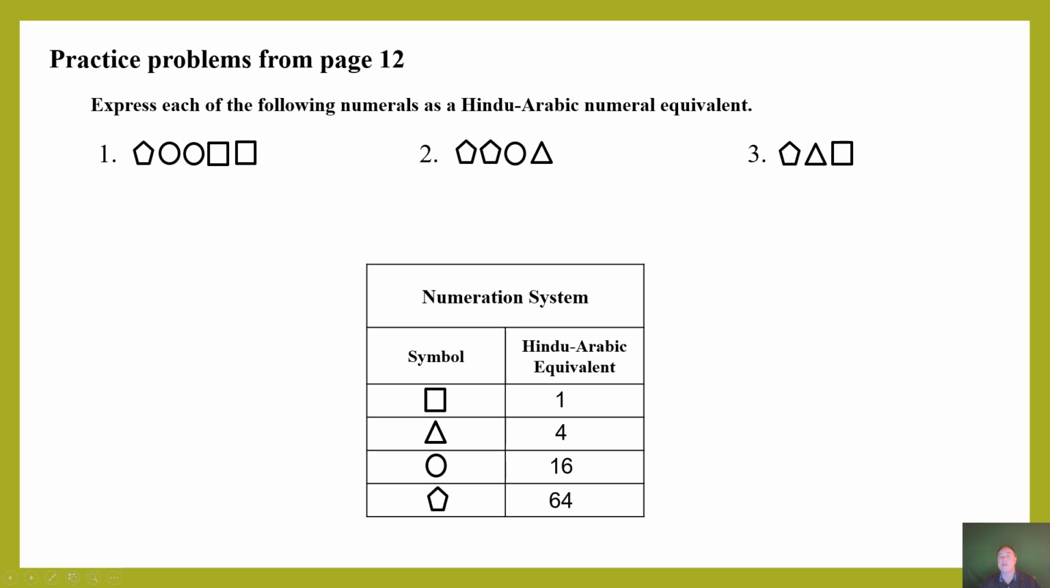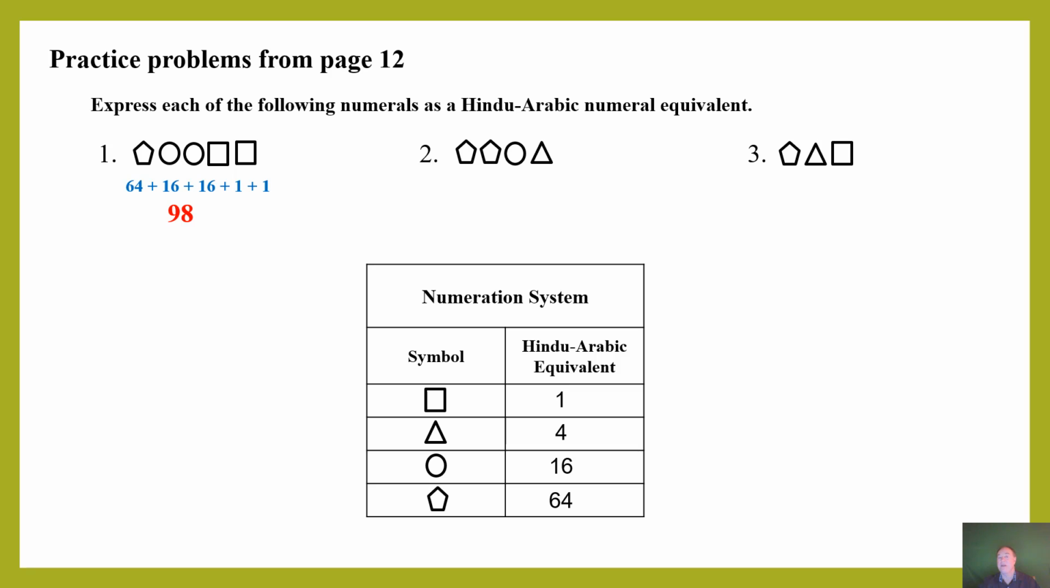Now, express each of the following numerals as a Hindu-Arabic numeral equivalent. Down below you see I have the table. So now, pause it, take a second, see if you can represent 1, 2, and 3 above. All right, number 1 starts off with the pentagon, so that's going to be 64. 2 circles, that's going to be 16, 16. Square is going to be 1, 1. So this is going to be 64 plus 16 plus 16 plus 1 plus 1, which turns out to be